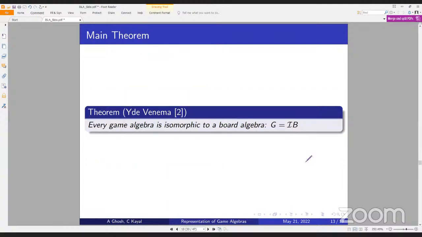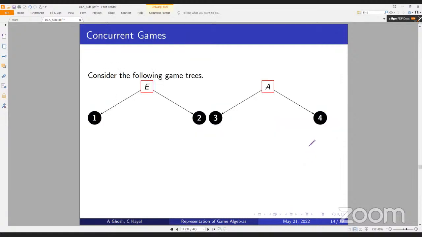And now the main theorem, proven by Ida Venema, is this isomorphism relation: every game algebra can be represented using a unique board algebra, and vice versa. So now we